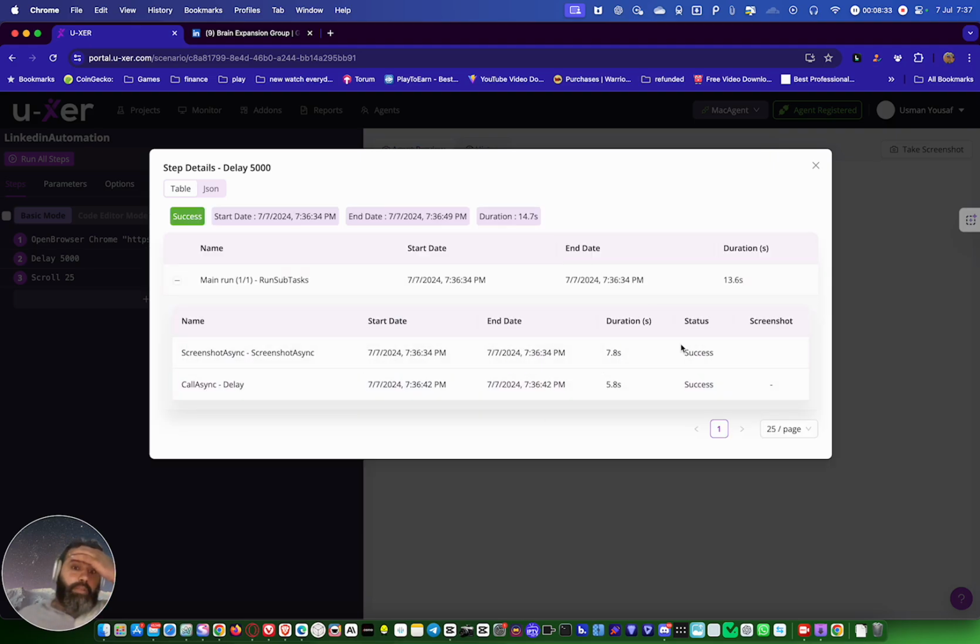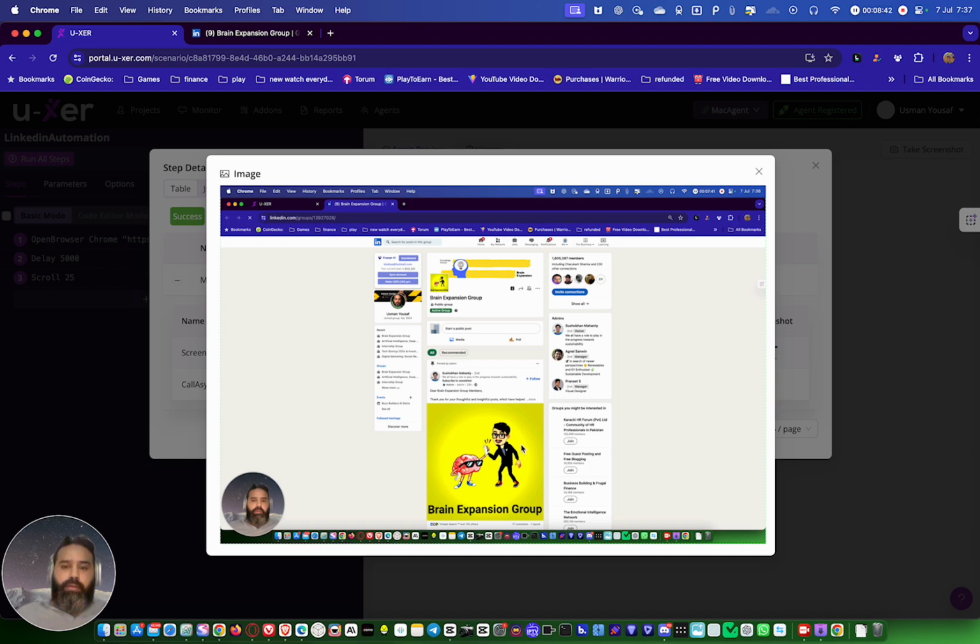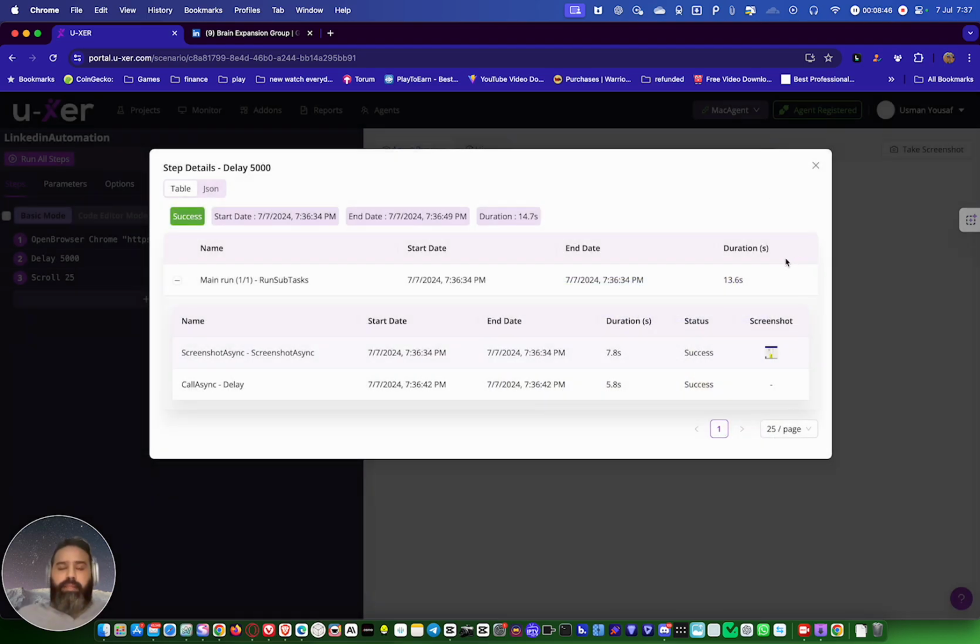Because the user takes a screenshot and uploads it to their system. My internet is slow, so that's why it's getting uploaded slowly and then the response is coming slowly. But if you have a better internet, it will be much faster.